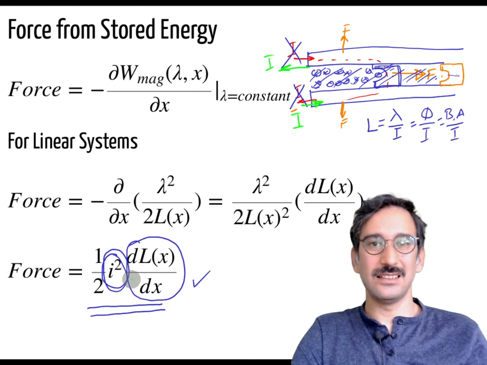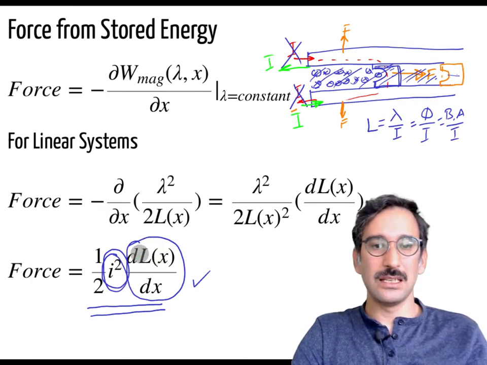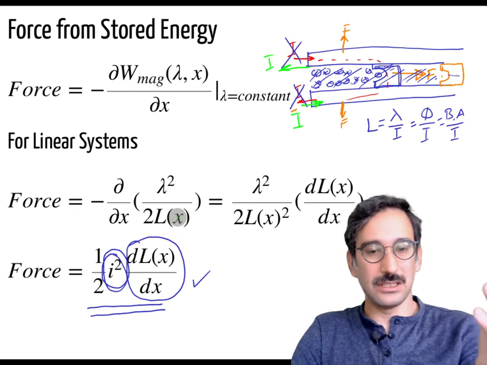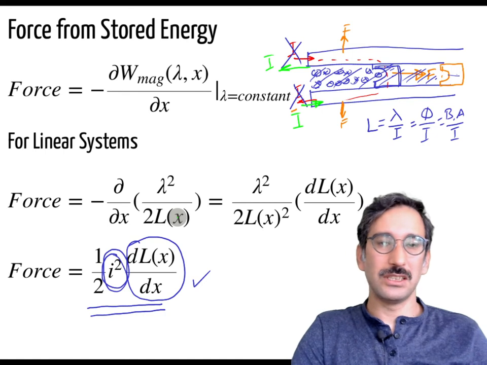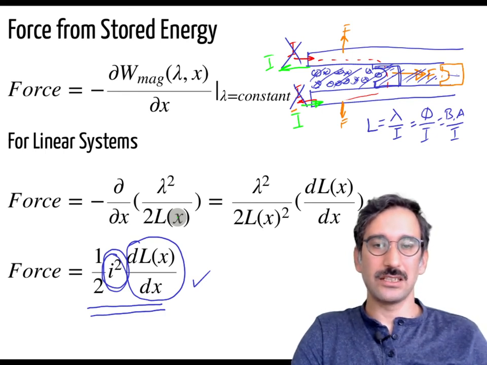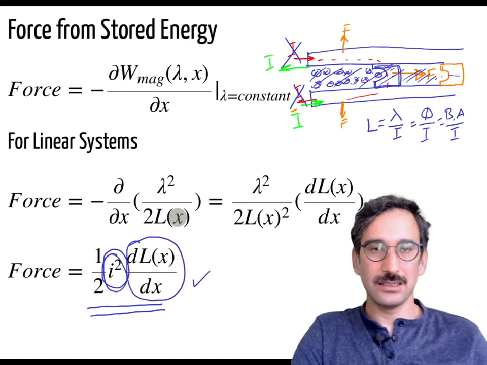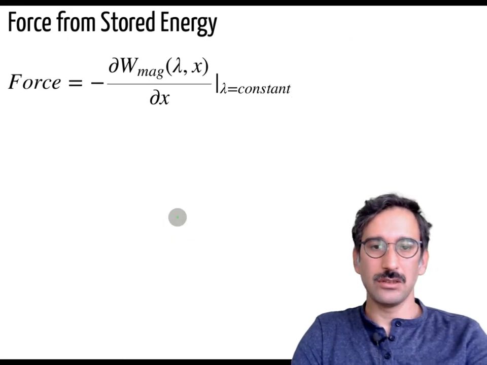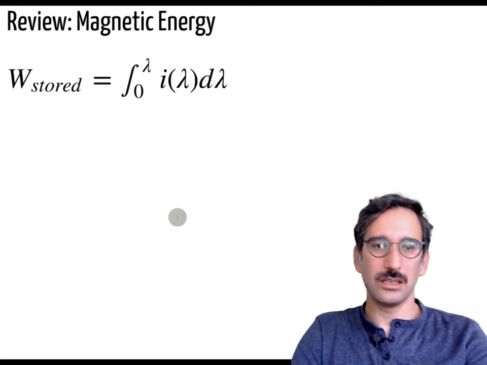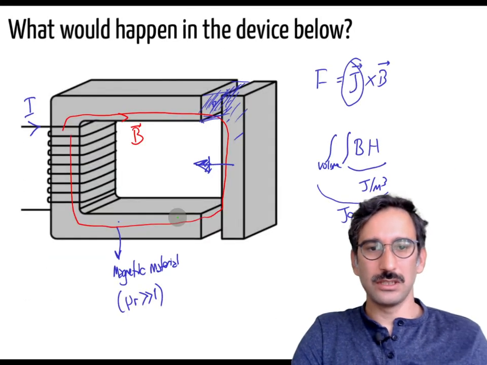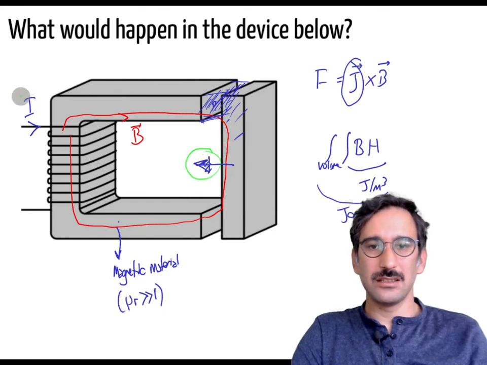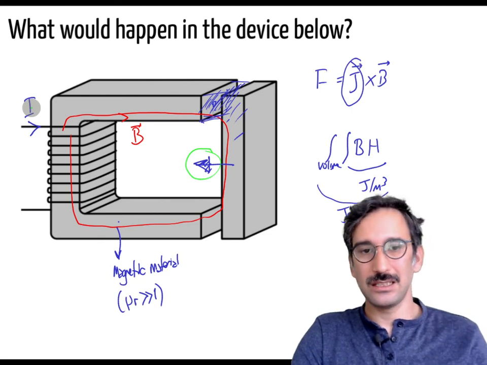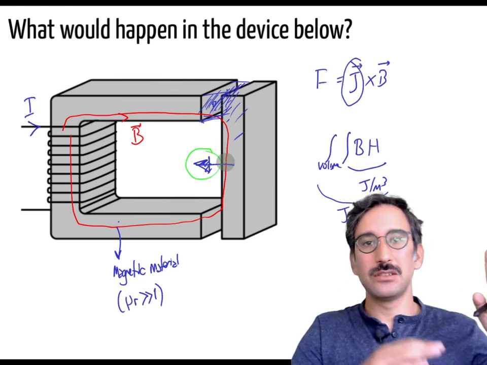So the thing that defines the direction of the force is the derivative of the inductance. The armature in this case, or it can be the rotor, whatever, will move in the direction that maximizes the inductance, or in the direction that minimizes the reluctance. Okay, so again, if you go back to here, for this case, we can say regardless of the current direction, you can give positive current, negative current, you can give AC current, that device will always pull towards